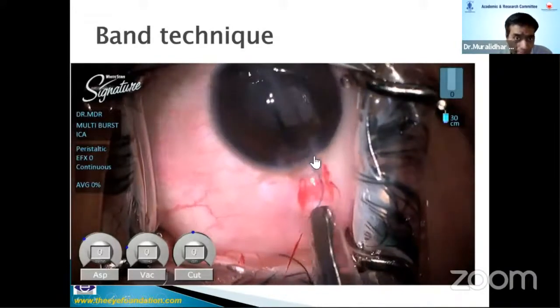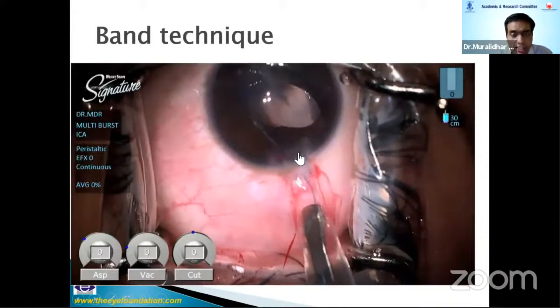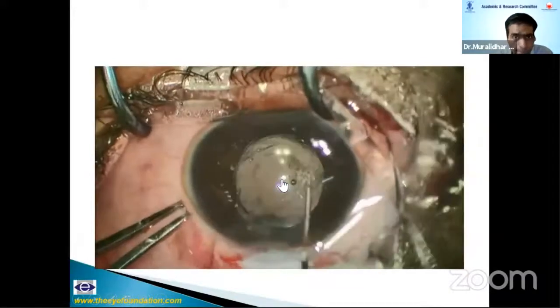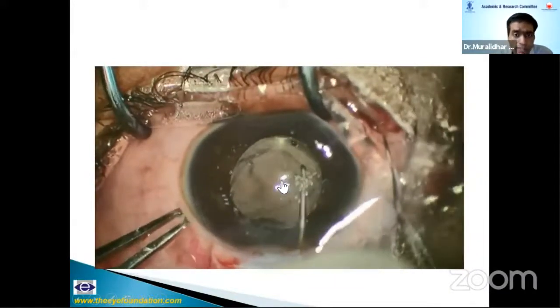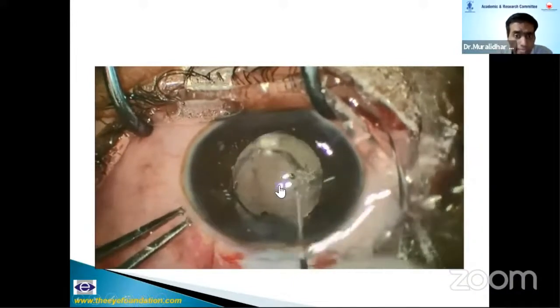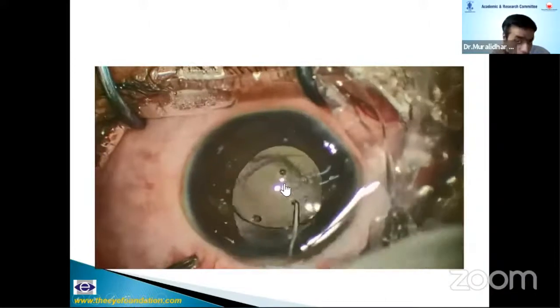So in traumatic cataracts, sometimes it is very difficult to get an anterior rhexis because there's hardly any rhexis remaining. And in case the band is not there, you can do an optic capture of a 3-piece IOL. You cannot do optic capture in a single-piece IOL. You can do an optic capture for a 3-piece IOL which has been implanted in the sulcus. So these are two very good tips to avoid this.